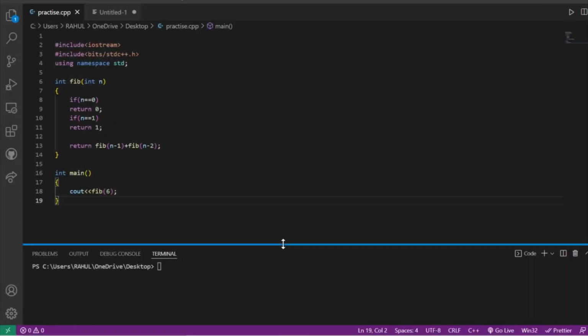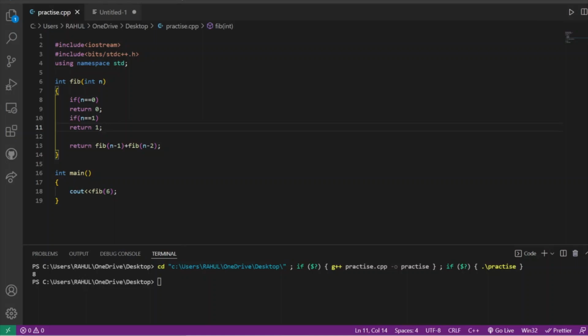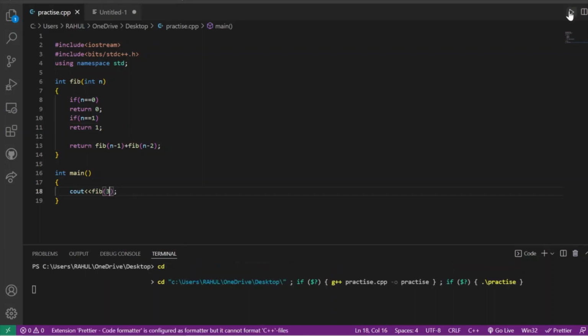So we have simply written the same code which we have discussed, where if we have to find the Fibonacci number and the integer value is n, we will return fib of n minus 1 plus fib of n minus 2. We have also written the base cases, where whenever our n value is 0, we will return 0, and whenever our n value is 1, we will return 1. Now we have called fib on the input value 6. As we have seen in the example, whenever we call it on 6, we will get the output as 8. Also let's check for 3. For 3 we should get the output as 2. The output that we have got is 2, as you can see over here.